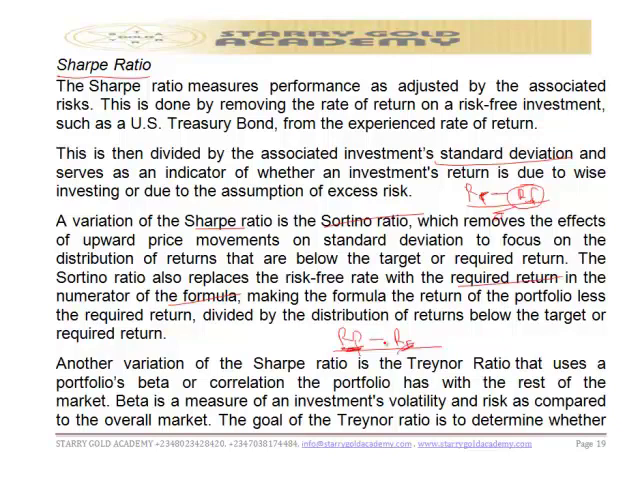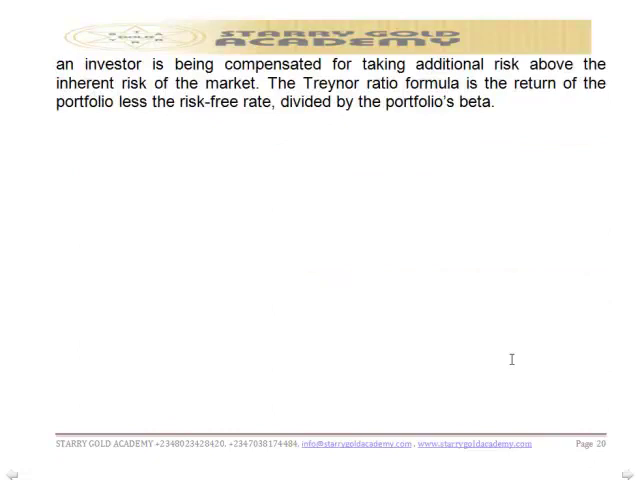Another variation of Sharpe is the Treynor ratio. The Treynor ratio uses a portfolio beta, or the correlation of the portfolio with the rest of the market. Beta is a measure of investment volatility and risk as compared with the overall market. So the goal of the Treynor ratio is to determine whether an investor is being compensated for taking additional risk above the inherent risk in the market. So the Treynor formula is the return of the portfolio